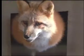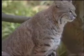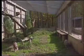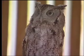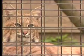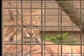Unfortunately, we would love to be able to return each and every animal that comes into this center back into the wild, but many of them die en route or shortly after arriving here due to extensive injuries, and we often end up with animals that we can save, but they are crippled. They might have a partial amputation of a wing or some other debilitating reason why they can't return to the wild. There's a valid argument that it would be more humane to euthanize these animals rather than keep them captive,